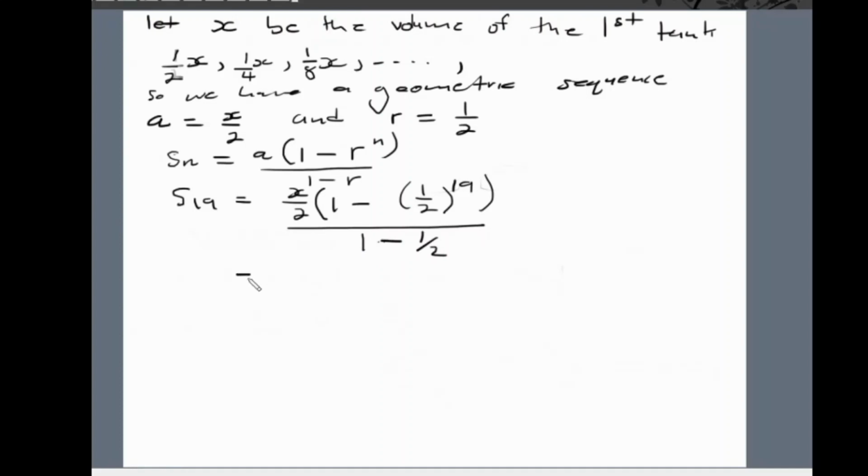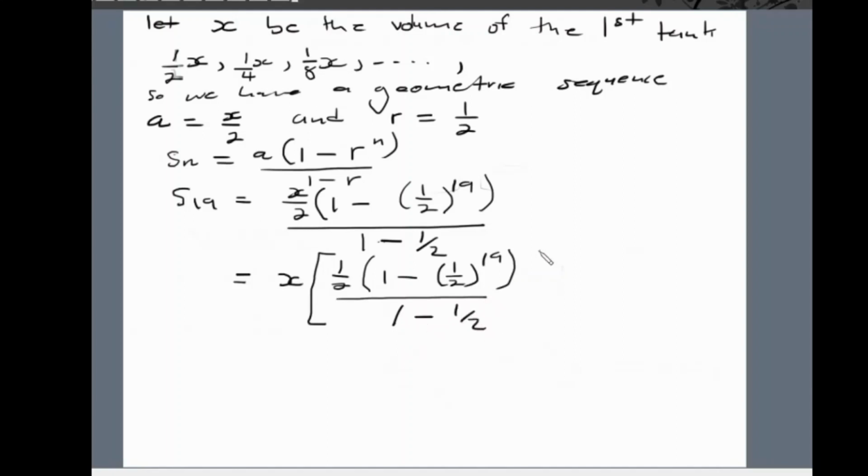So now if I pull out x outside this fraction, so it's 1 over 2 times 1 minus 1 over 2 to the power 19 divided by 1 minus 1 over 2, right? And then if you punch this whole thing in your calculator, you will get x times,